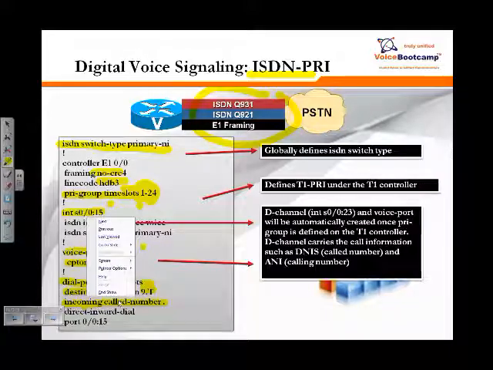send the calls, allow the calls to come in and reach an end station. So you don't want